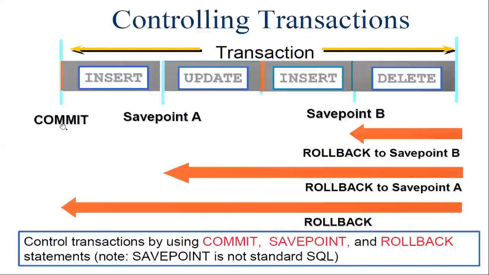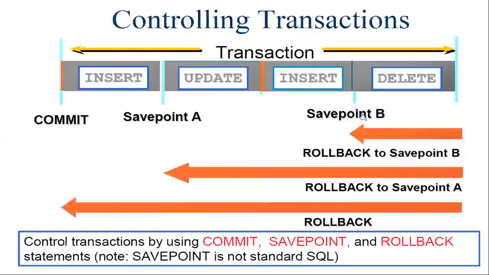You can see here one is final, one is commit, and then here you have save point A and then save point B, right? So a save point is an intermediate point up to which you want to perform a rollback, that is, roll back up to a certain point in the transaction. When you use a save point and perform the rollback, it will not cancel the entire transaction. Only the most recently performed read and write operations will be cancelled.